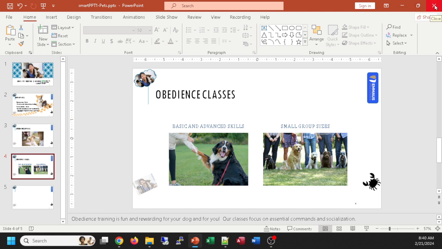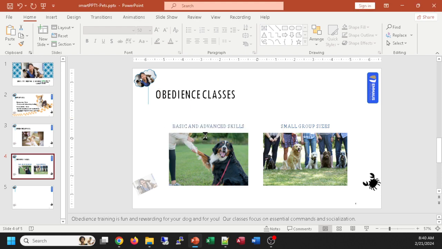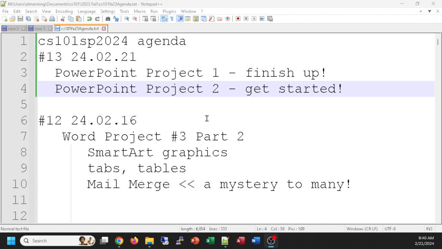I'm going to close this, and it'll ask me if I forgot to save it, do I want to save it? I'm going to go ahead and do a save. And now I have that one saved. Remember that your files do not have eternal security. It's up to you to save them. You have to work for their security. Now, PowerPoint Project 2. I'm going to stop this recording and start a new one so it can start recording too. So I'm going to